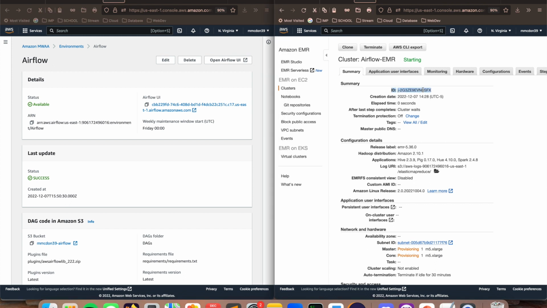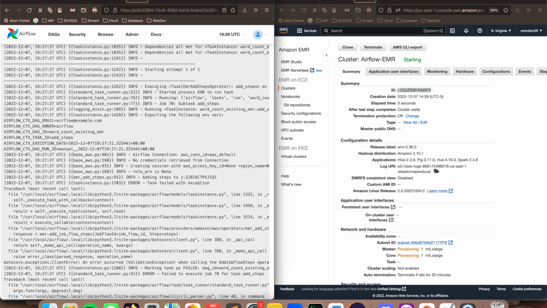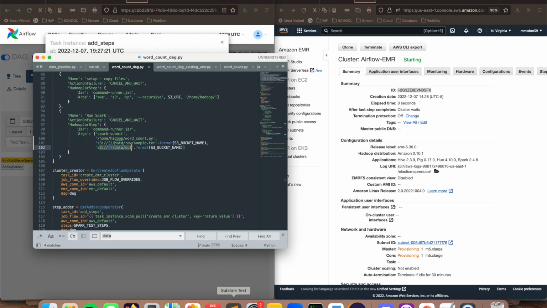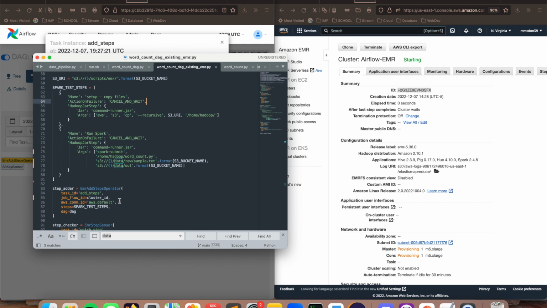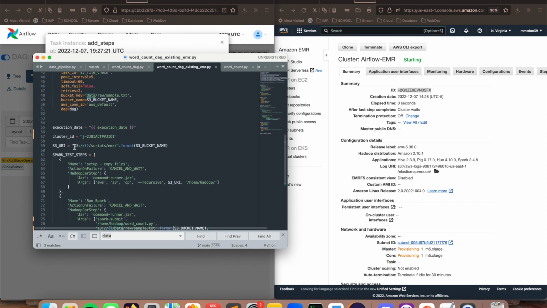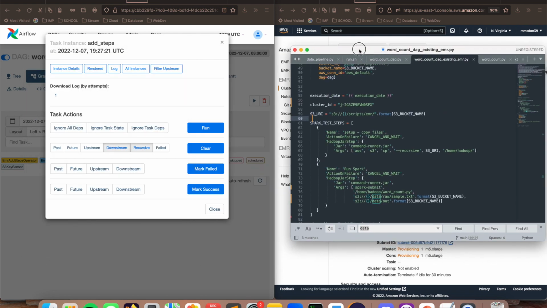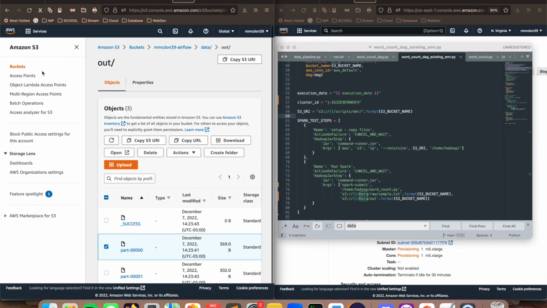But in the meantime, I will update this. Essentially, to run a DAG through Airflow, you need to make sure to reference the ID inside the DAG file. So I have a variable here called cluster ID. I have to change this every time I want to run that DAG on a different cluster, and this is a good thing to do because now you can see how I upload everything. So if I just go back here,